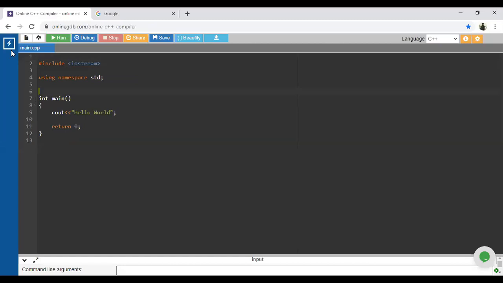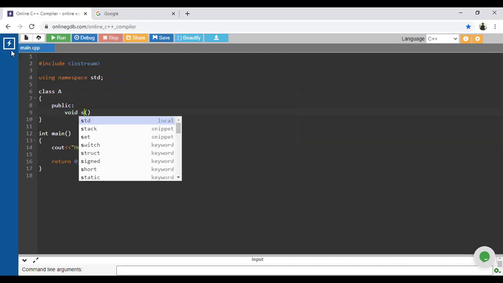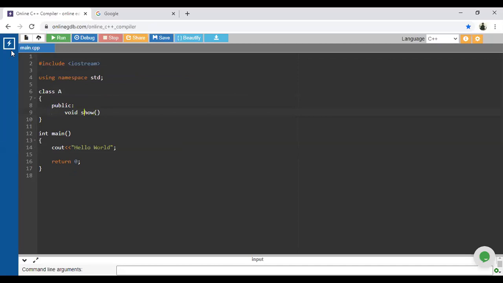What is meant by the pure virtual function? Okay, I will consider this as class A. And inside that class A, suppose I am using a simple method, public void add, and instead of add, I am using show, and I'm converting that method to virtual.